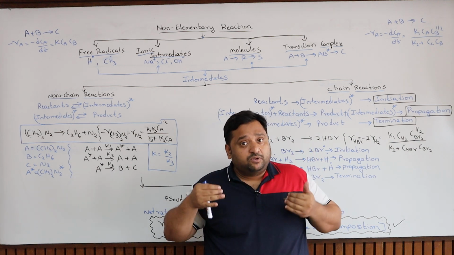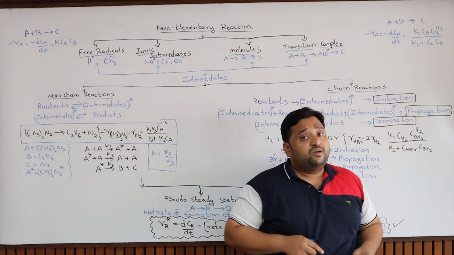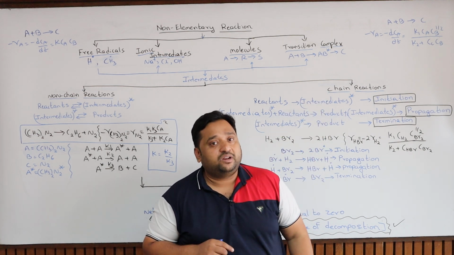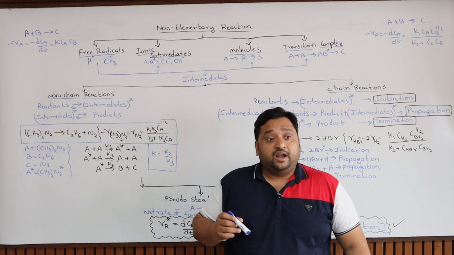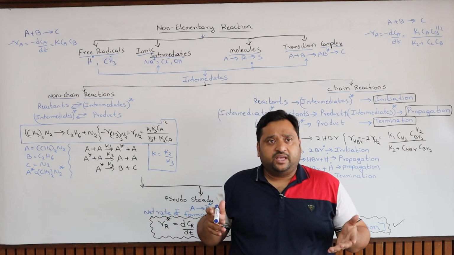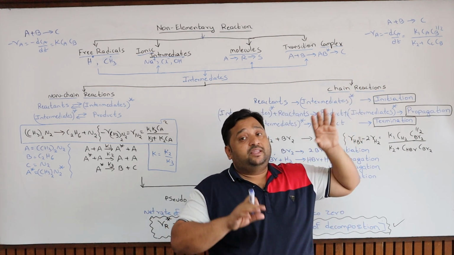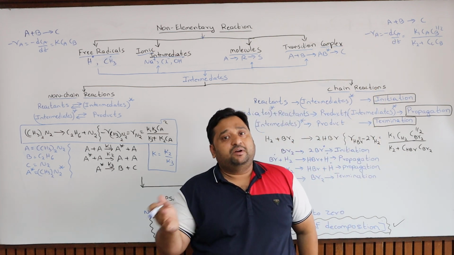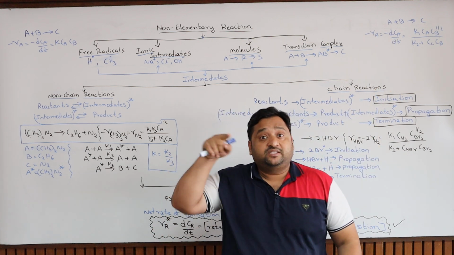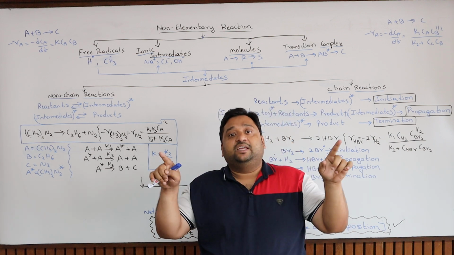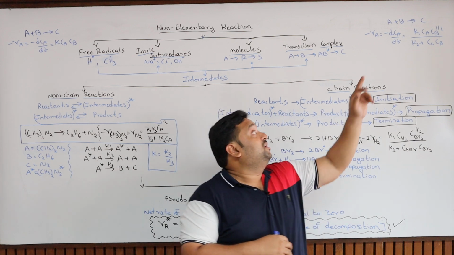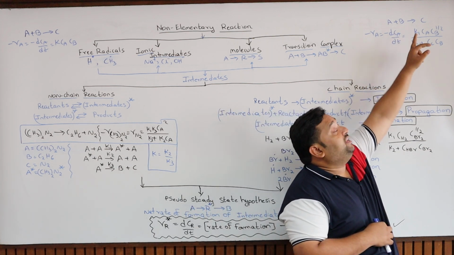Because of those multiple steps you get this kind of weird rate expression which cannot be correlated to the stoichiometric coefficients. By looking at the equation and the expression, you can find out whether the reaction is elementary or non-elementary. If it is non-elementary, there is no single reaction; multiple reactions take place, because it is not simple A plus B giving